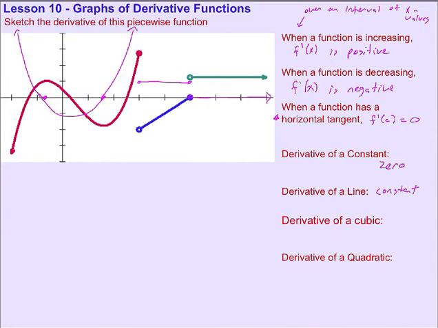And we also can recognize the same thing we saw in yesterday's activity, that this cubic function, or what looks like a cubic function, the red function, has a quadratic derivative. And even though we don't see it on this example, we can extend that logic. A quadratic function would have a linear derivative. A quintic function would have a quartic derivative. And we'll see more about that in coming